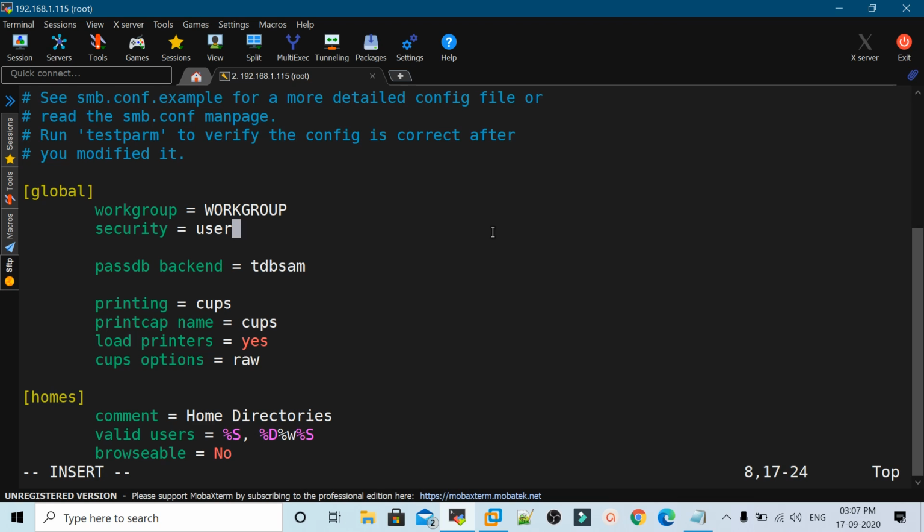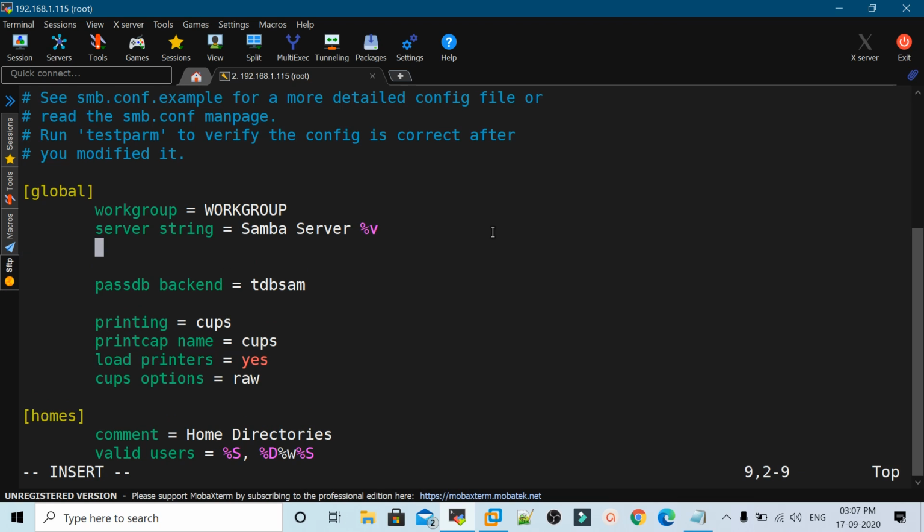And here we will mention one more thing. Server string is equal to Samba Server %v, like this.